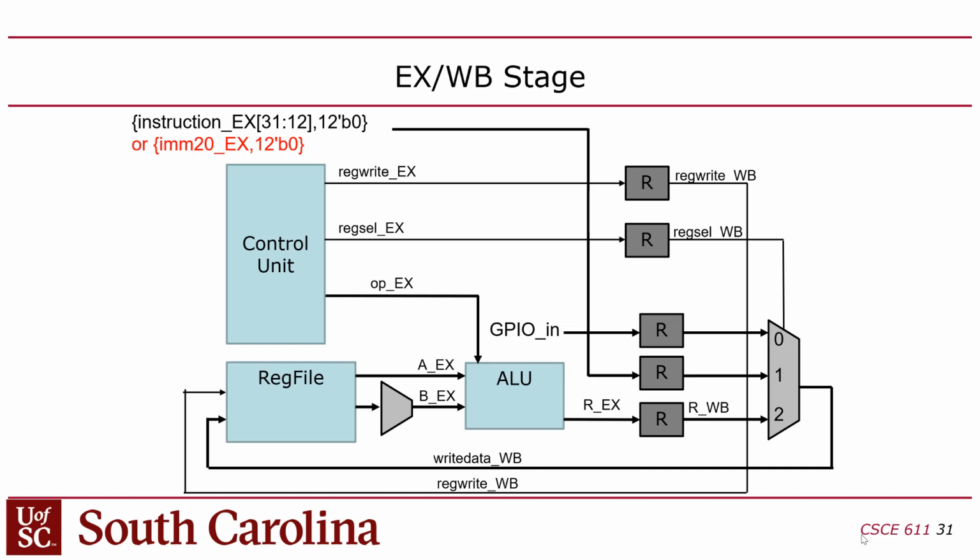But anyway, the point is that if you do a load upper immediate, you set this MUX to 1. And then you have a little custom shifter that takes instruction EX bits 31 down to 12, which is the leftmost 20 bits, shifts it 12 bits to the left, and just shoves that right down the throat of the register file through that path, using input 1. So Reg Select would be a 1 for a load upper immediate,